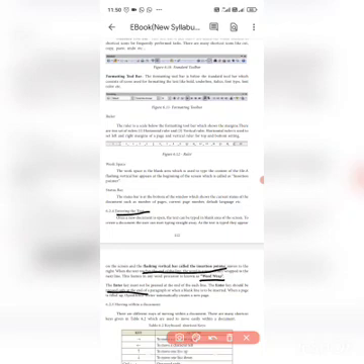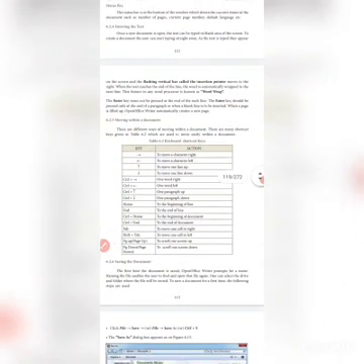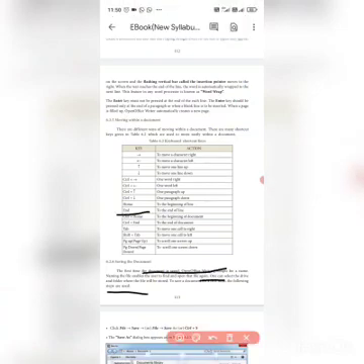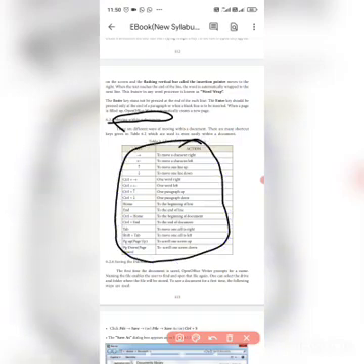So next I will teach you moving in the document. What is moving in the document? Moving means moving the insertion pointer. You can move one letter, one word, or one line. How you can move, there is a table for this. So this table is very important.